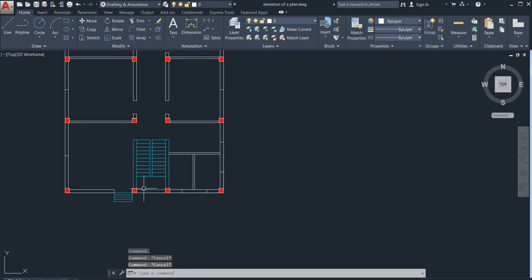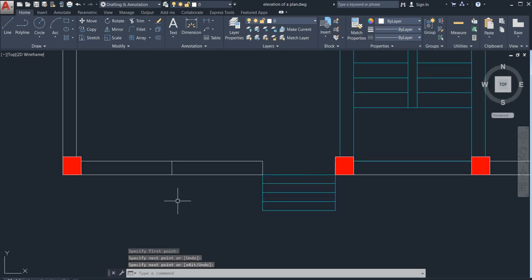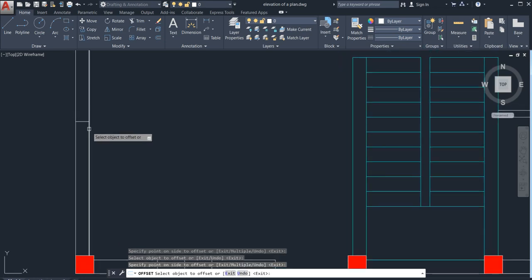After that, now we can keep a window here also. The minimum window we will keep is 3 feet, so 1.5 feet from each side. So you also do like this.